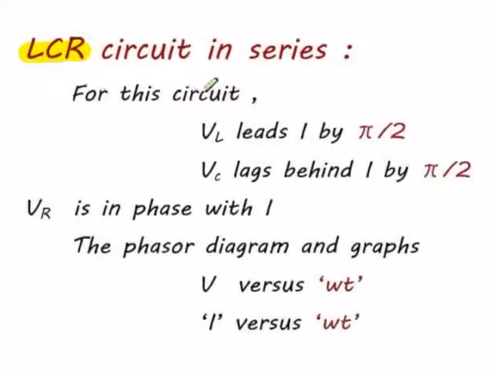I through all of them remains the same because they are all connected in series. However, VL leads I by pi by 2. VC lags behind I by pi by 2. And VR is in phase with I. The phasor diagram, V versus I, and graphs V versus omega t and I versus omega t are shown in the